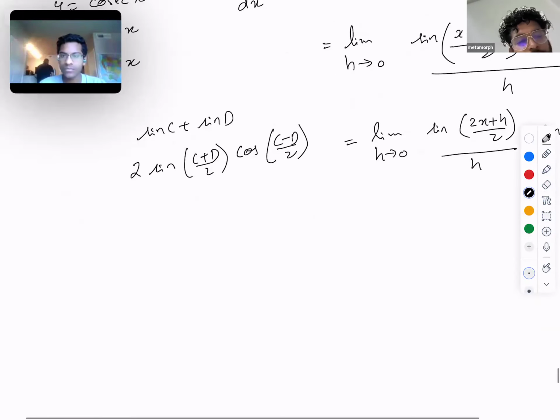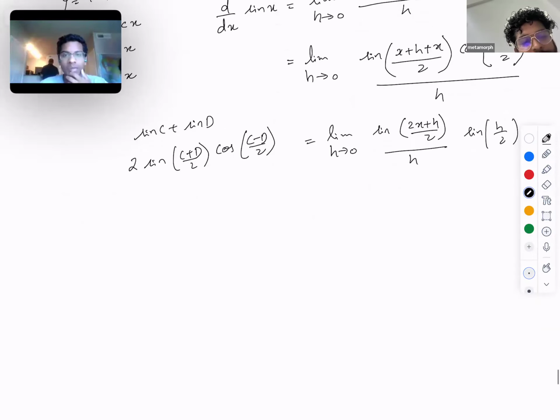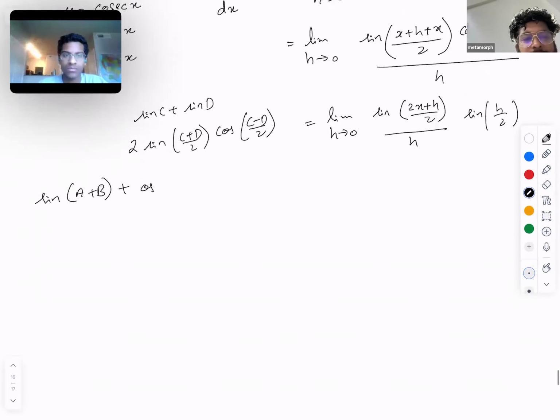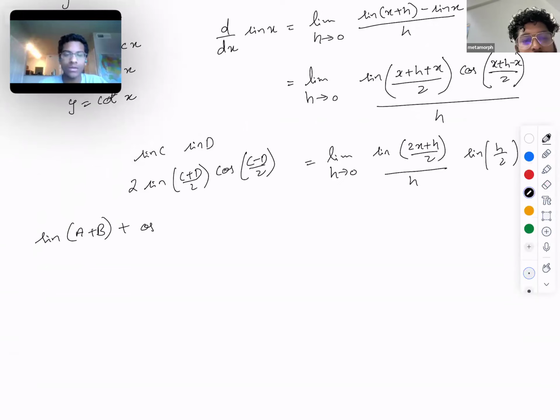I made a mistake. I'm going to quickly derive this, see if you understand. I think I know what my mistake is, but I'm nonetheless still going to derive it. Sin a plus b plus cos, oh, this is negative. I used the wrong formula. So this is supposed to be negative. Sin a plus b, sin a minus b. So when I open this, I'm going to have